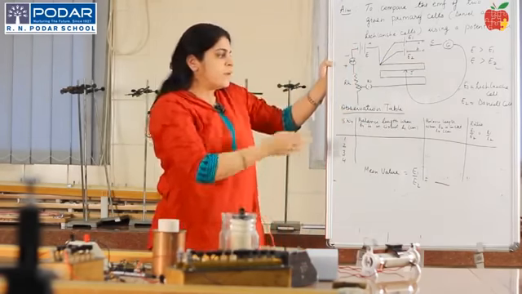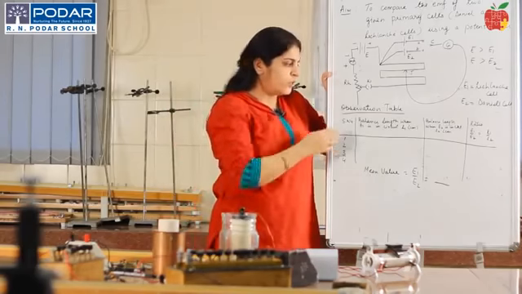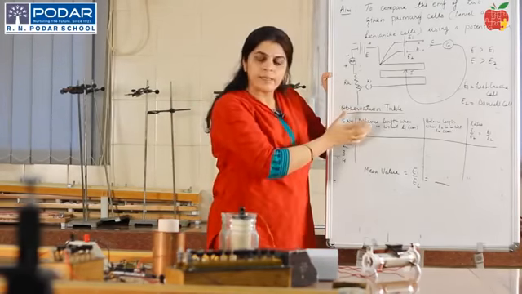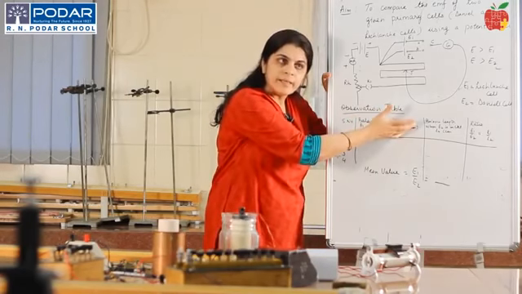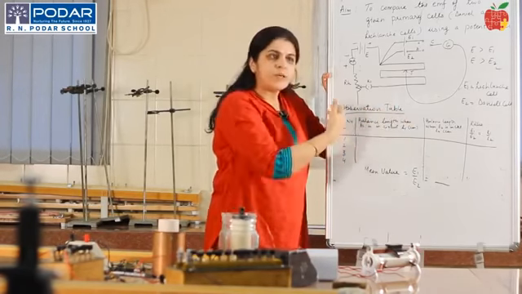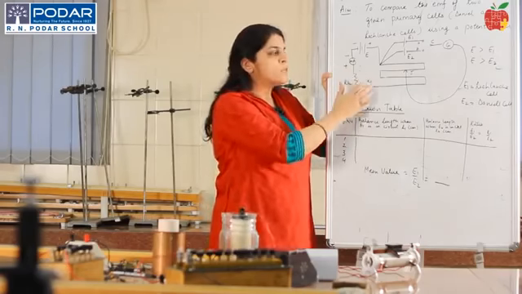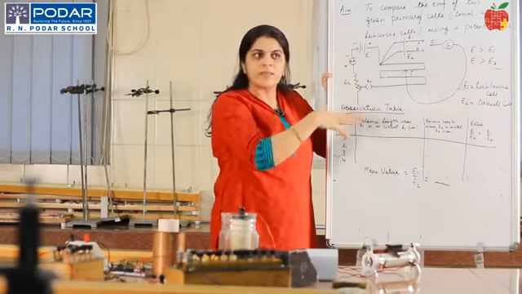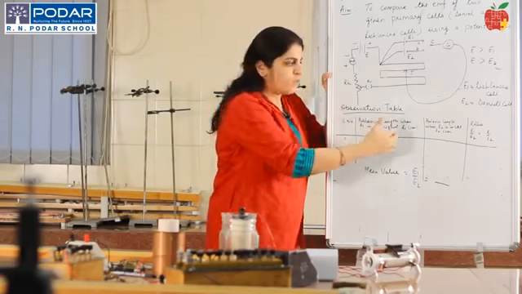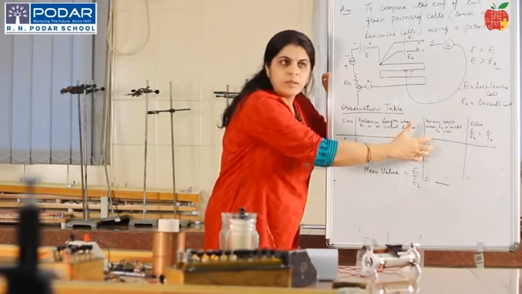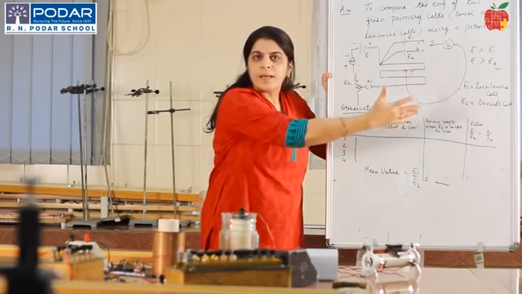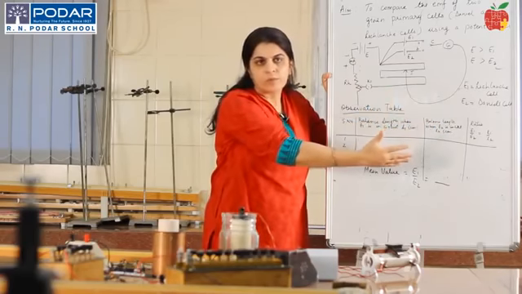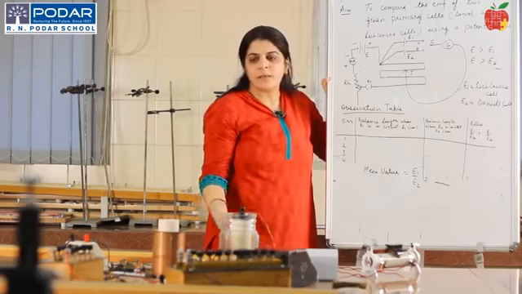The Daniell cell. So, in our setup, when I will be showing you, we find the balancing length L1 of the Leclanché cell, we find the balancing length L2 of the Daniell cell, and we will take 3-4 different observations. By using the rheostat, we adjust the value of the current. At different settings, we find L1, L2, and then we find the ratio of E1 by E2 in terms of the balancing lengths, that is L1 by L2. This is our experiment setup, which we will be seeing.